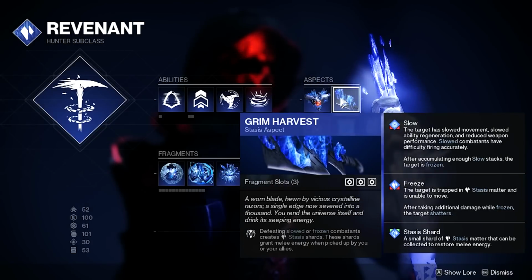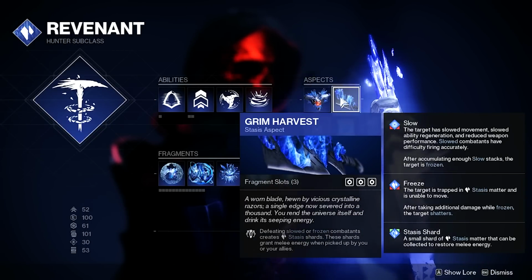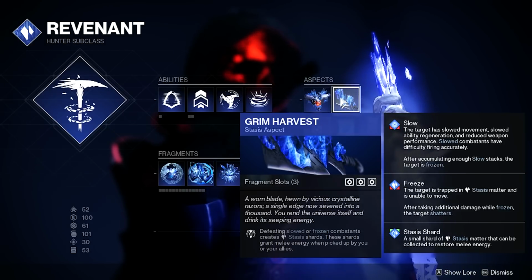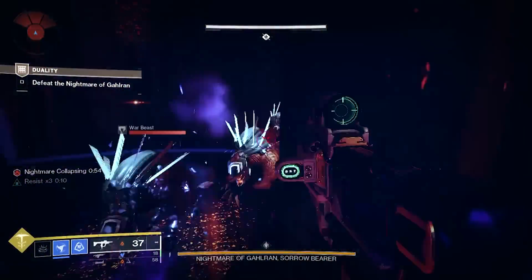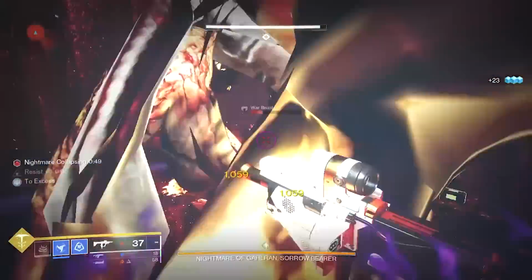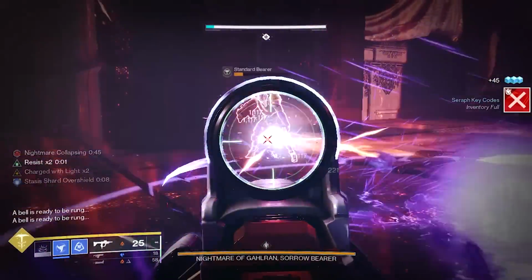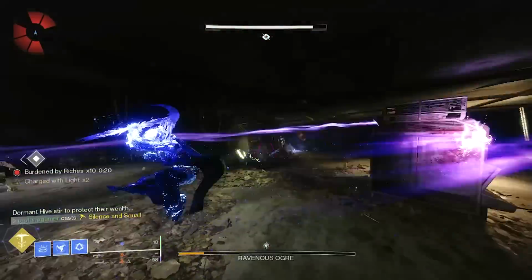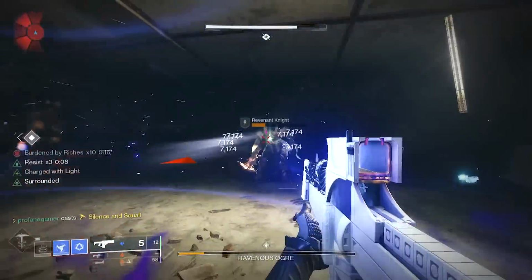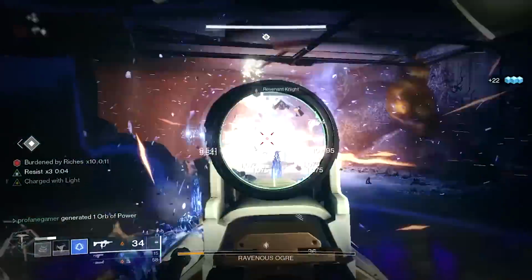First off, we've got Grim Harvest. Defeating slowed or frozen combatants creates Stasis Shards. These shards grant melee energy when picked up by you or allies. When Lightfall releases, elemental wells will be phased out, with each element getting their own unique item. This means Guardians running Stasis builds will no longer have to rely on the Elemental Shards mod to become charged with light or trigger other buffs. While this build does currently utilize Elemental Shards, this mod will likely be phased out, providing an open slot to